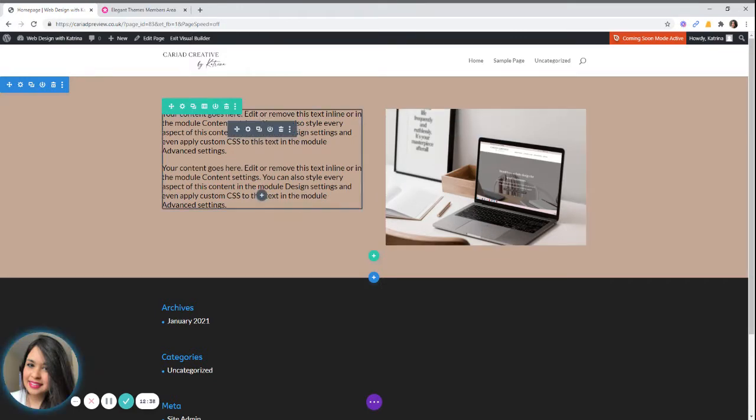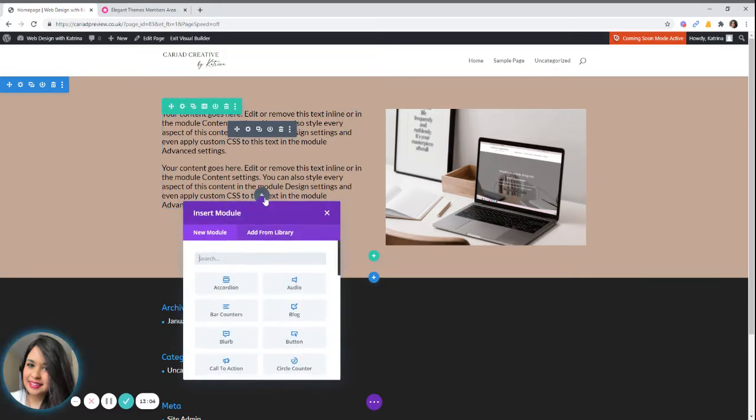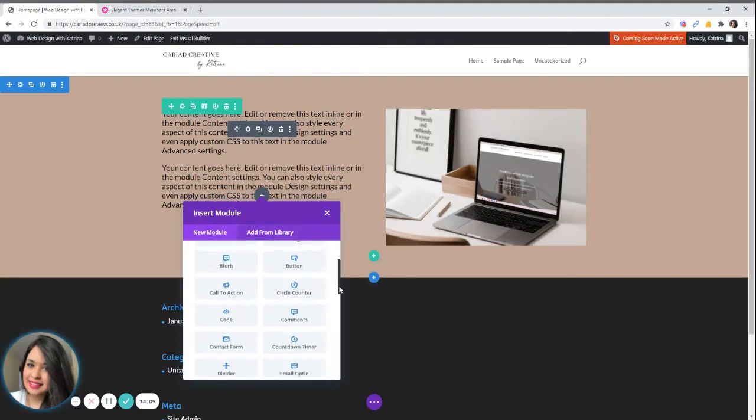So I've got some text there and an image there, and if I wanted to add something else underneath it, I can just add in another module under this row. So this row will just keep going down and down and down. So if you hover over different areas, you can see that a plus sign will appear, and this means that you can add another module or another row here or another section here. So if I wanted to add another module, I can click there, and that will add another module underneath that text. So for example, if I wanted to add a button,